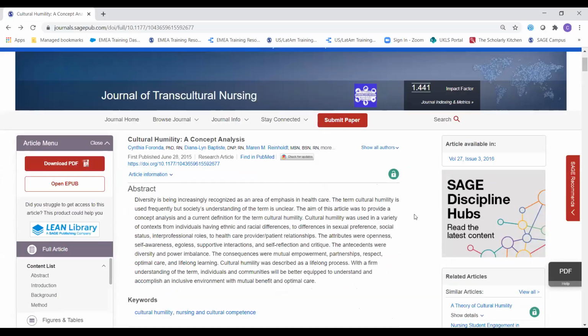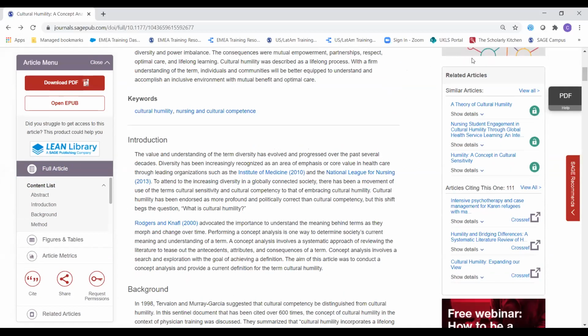To the right hand side, we've got this really great feature called related articles. So again, a nice place to go to find similar or related research. These might be articles that share the same author, some of the same keywords, or cover some of the same topics. If we go to view all, this will show you all of the articles that we've pulled together